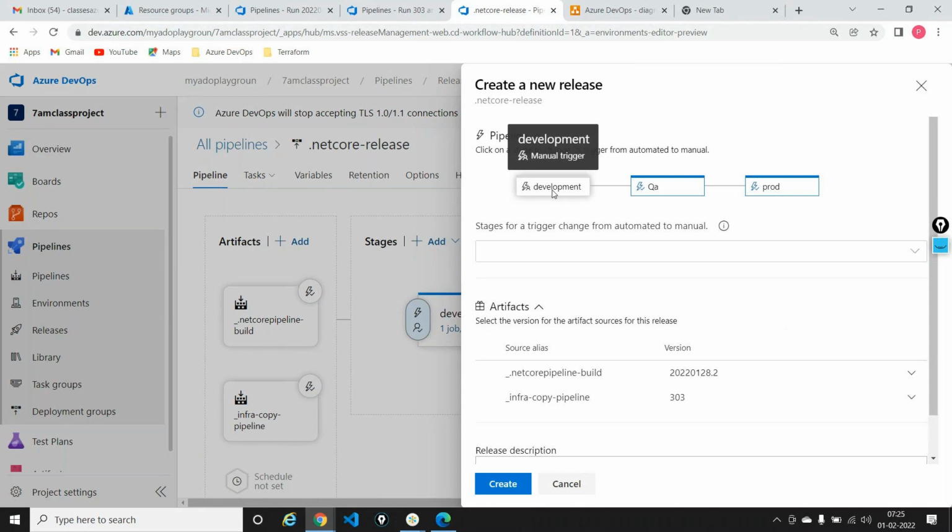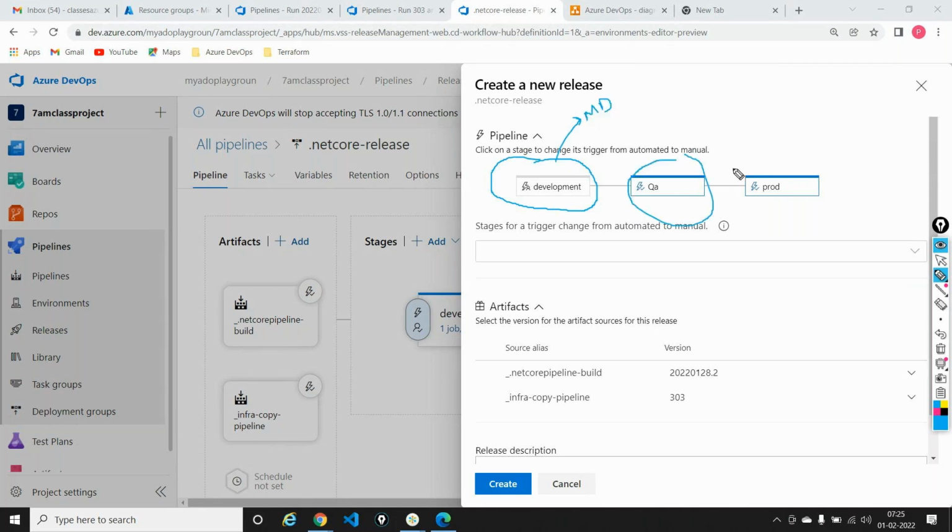see, this is in a white color, this is blue, this is blue. The ash color means this is a manual deployment. The blue color here means that these are configured for a continuous deployment trigger. These are automatic in nature. Meaning what exactly happens is that if I say create,